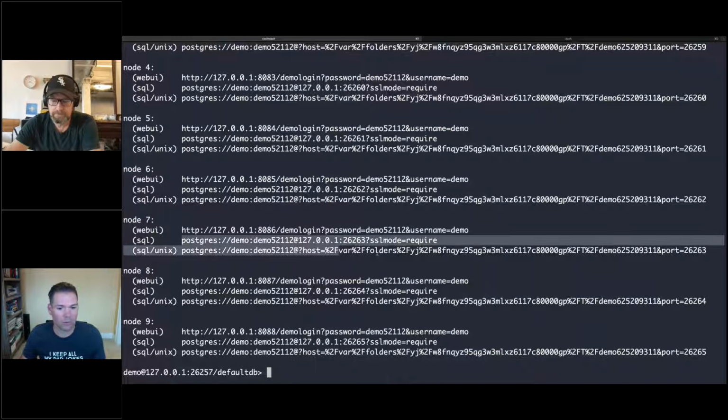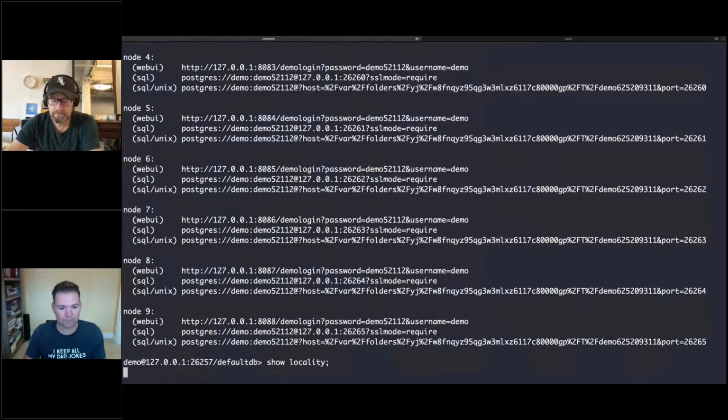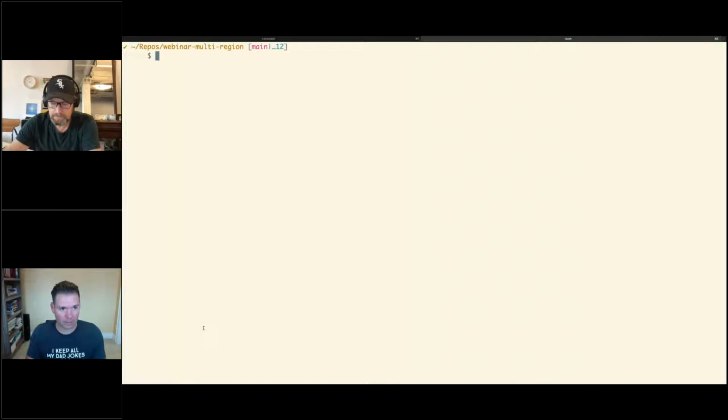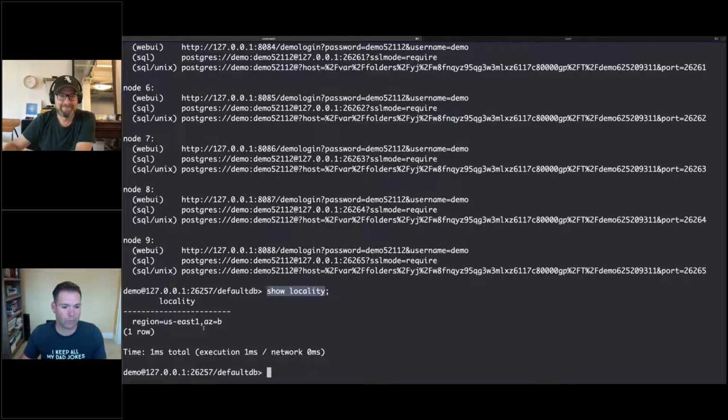So what this means is I can actually connect to other nodes in the database. Right now I'm on the US East node on availability zone B. If you type in show locality, it'll show where you are. But I can create another command interface to pretend that I'm actually in Europe.